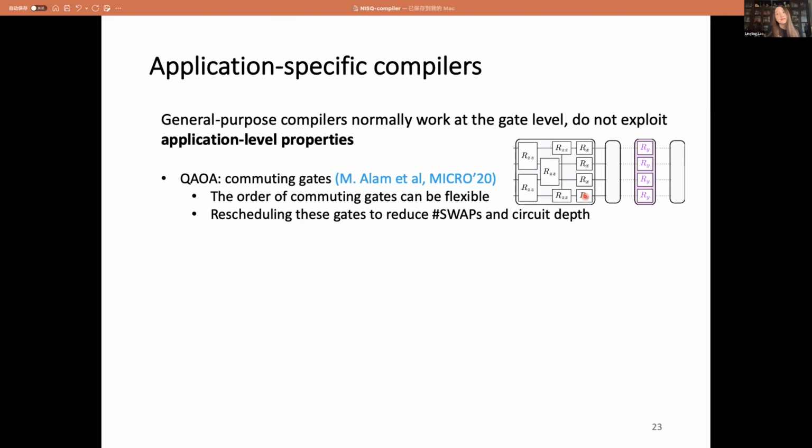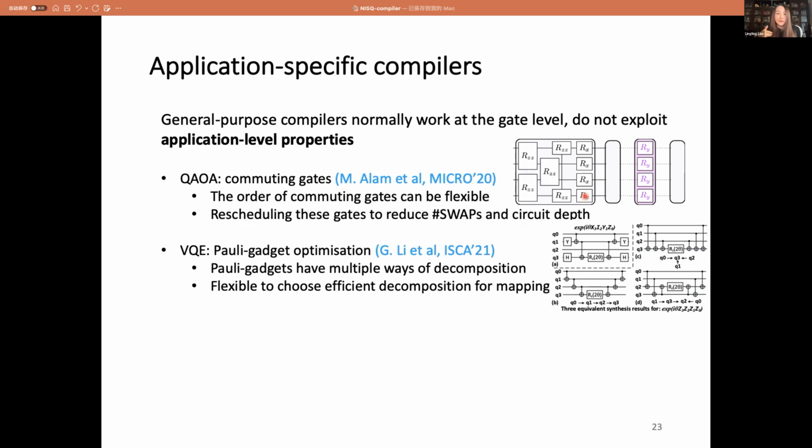So the order of these commuting gates is flexible, and we can reschedule all these gates to reduce the number of swap gates and the circuit depth. However, this is difficult to exploit in the general purpose compilers.